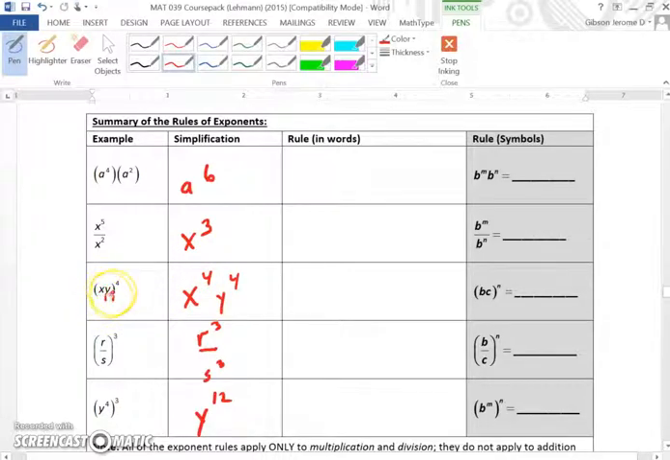Here we have the multiplication and it's taken to a power. You will take each individual factor and its power and multiply it to the exponent. So this is how we get x to the 4, y to the